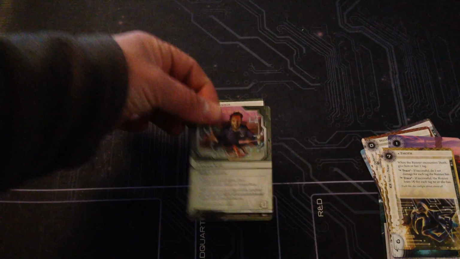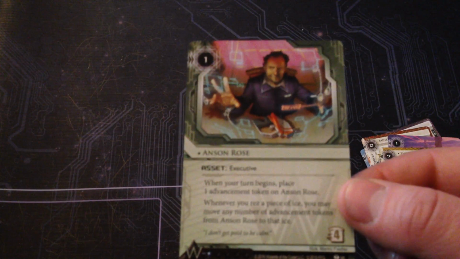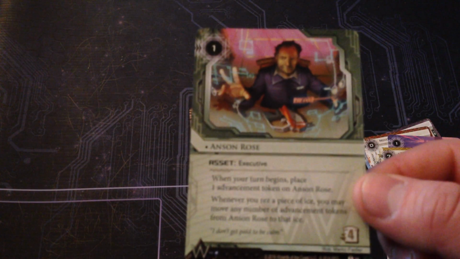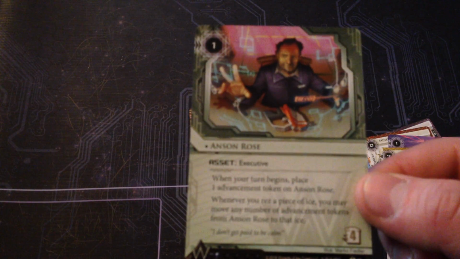Next we have Halved Incorporation. And we have Anson Rose, Asset Executive, cost of 1, Trash cost of 4. When your turn begins, place 1 advancement token on Anson Rose. Whenever you raise a piece of ice, you may move any number of advancement tokens from Anson Rose to the